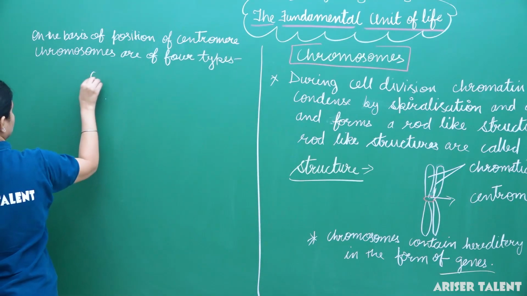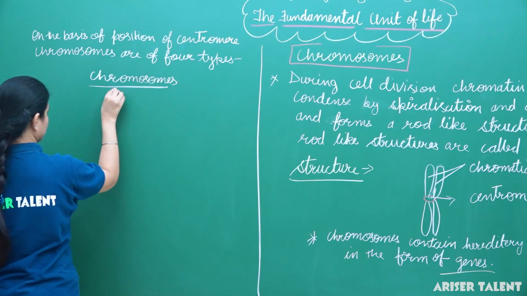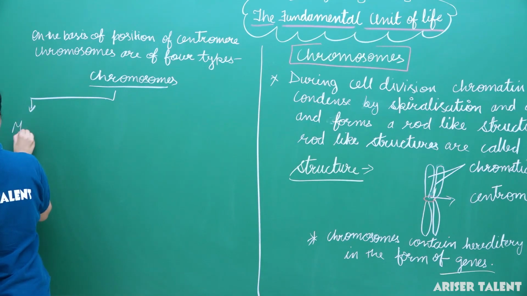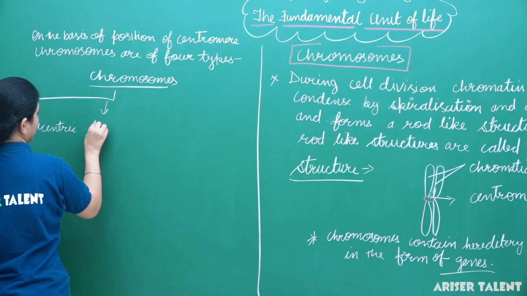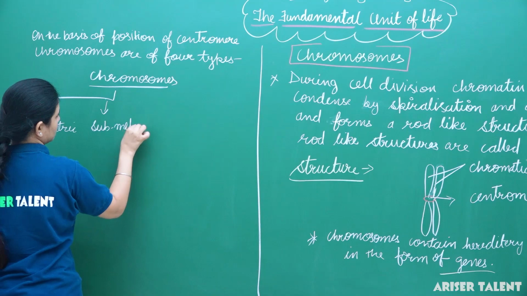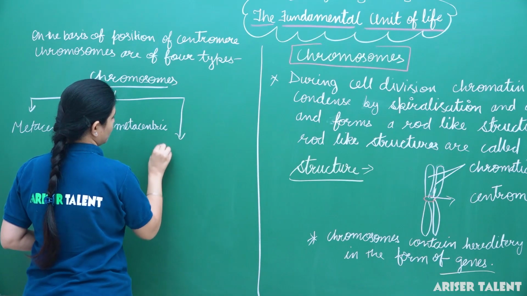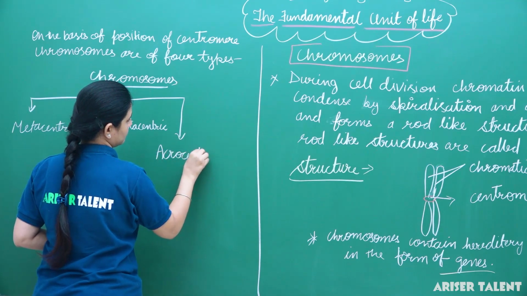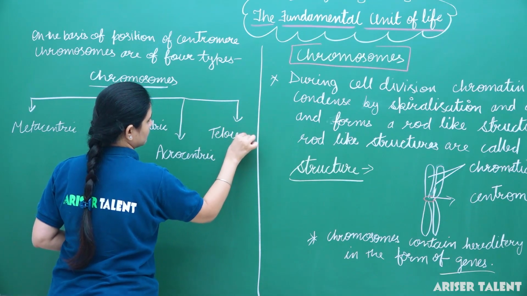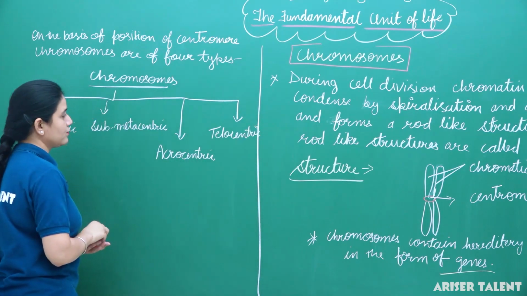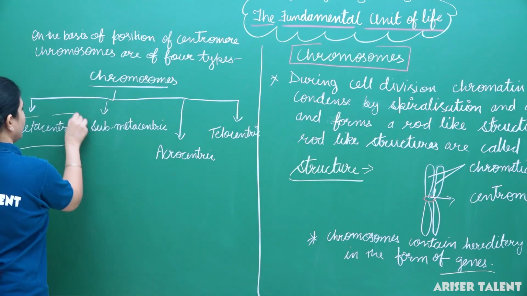They are metacentric, submetacentric, acrocentric and telocentric. Thus we can say on the basis of position of centromere, chromosomes are of 4 types: metacentric,